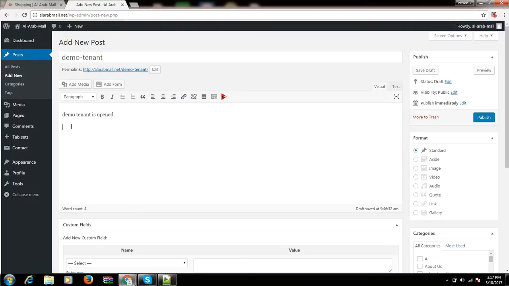To arrange the contents in a list format, you will see a bulleted list option here. Just click on it, and it will allow you to arrange the contents in a list item format. The first was the opening hours, colon.